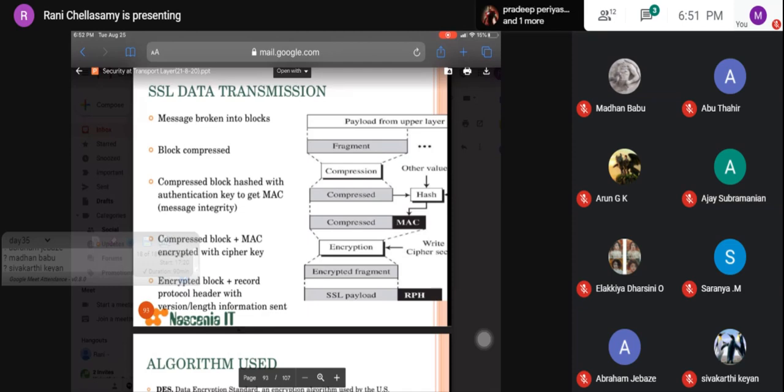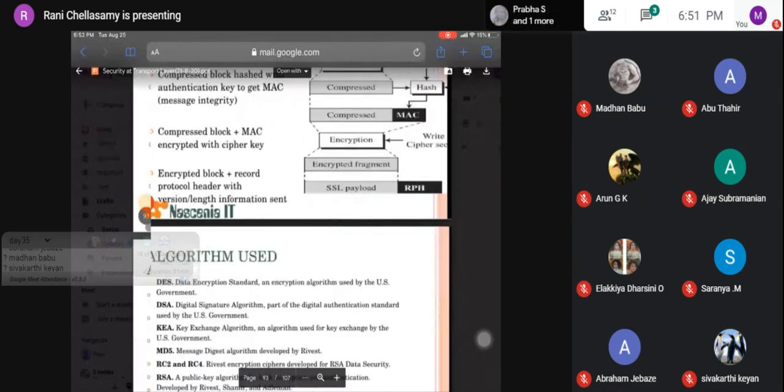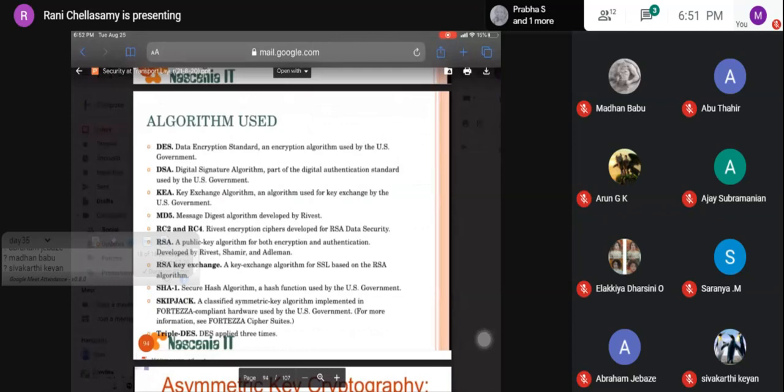So with that compressed code and MAC, it gets into the encryption process. So this encrypted fragment will get added on as a payload along with the record protocol header. Okay. So what are all the algorithms used are DES, DSA, that is digital signature algorithm, and KEA, that is